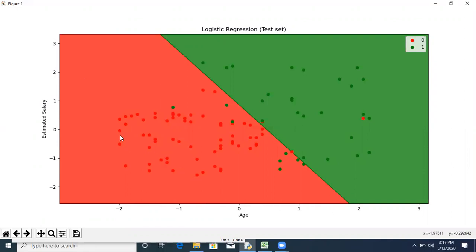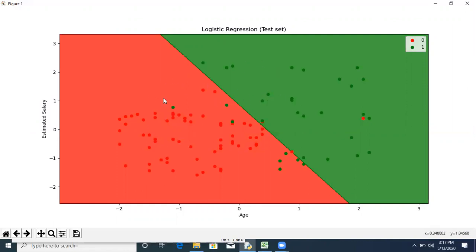Now these dots, or these data points, are actual points which are present in the data set. So green points are nothing but the product is purchased, and 0 or red indicates it is not purchased. And these regions, the red region and the green region, are the prediction regions.